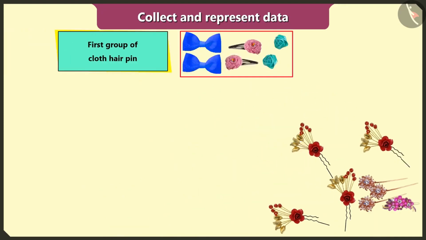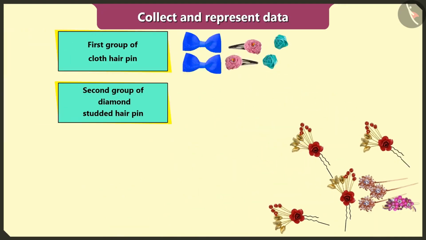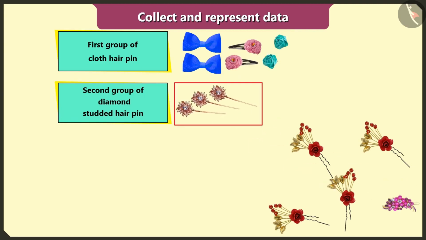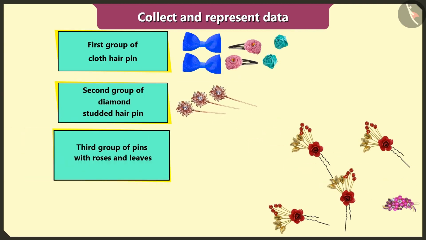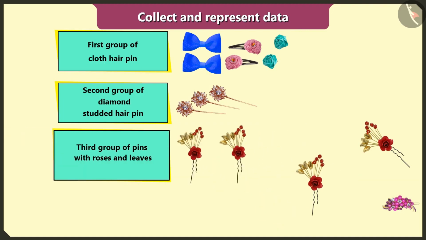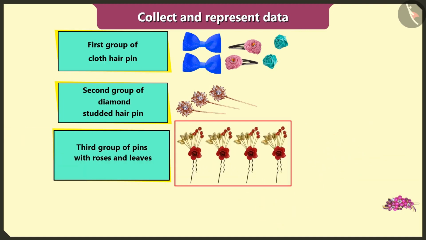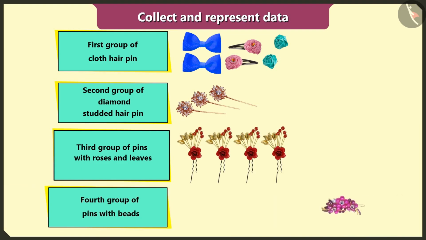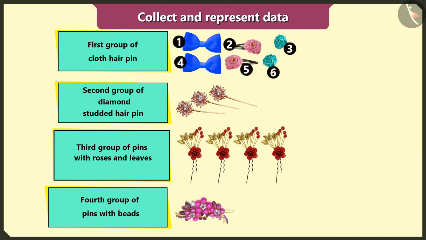First group of cloth hairpins. Second group of diamond-studded hairpins. Third group of hairpins with roses and leaves. And fourth group of hairpins with beads. Now I will count the hairpins in each group. I have 6 hairpins made of cloth, 3 diamond-studded hairpins, 4 hairpins with roses and leaves, and 1 big hairpin